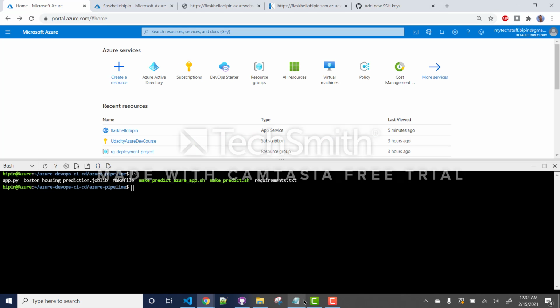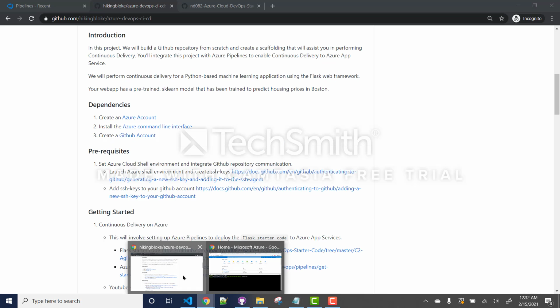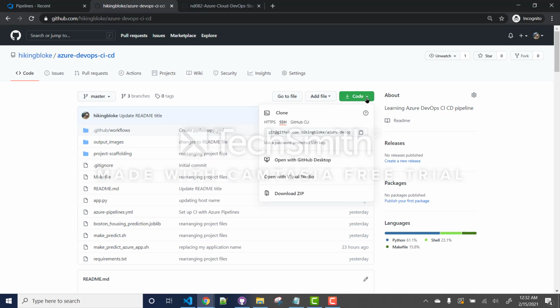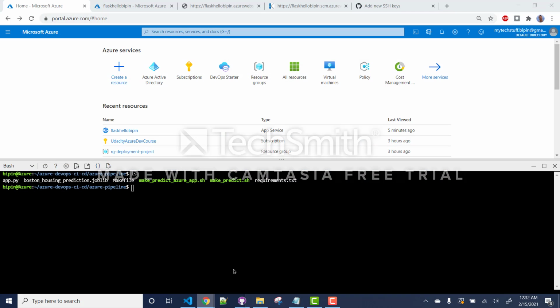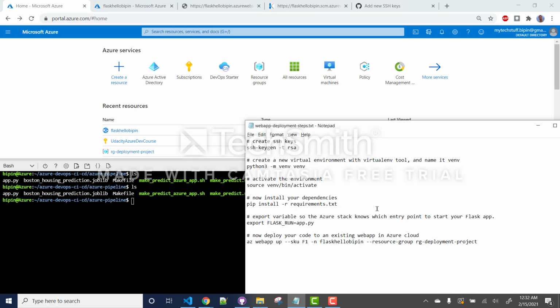Having done that, we will go to the Azure Cloud Shell and do a git clone for our repository. So go to the GitHub repo and get the SSH command. Go to your Azure Cloud Shell and say git clone, and git clone your application. I've already done this step, so I have the required files for this project, which you can see. Now I have all the files in the Azure Cloud Shell.